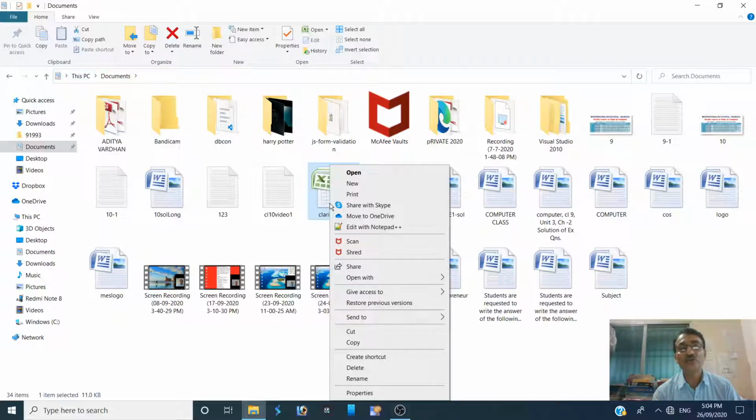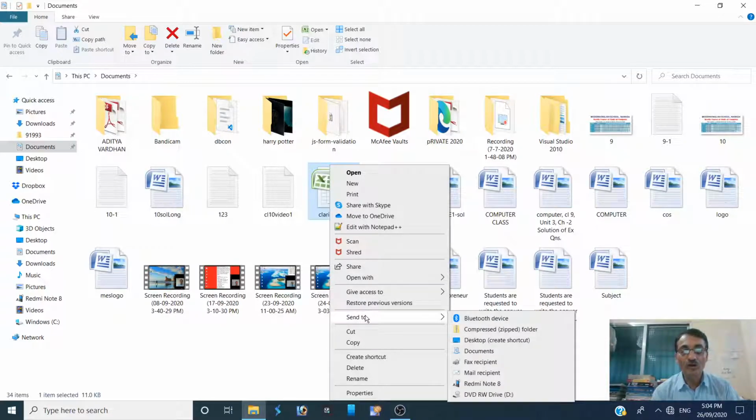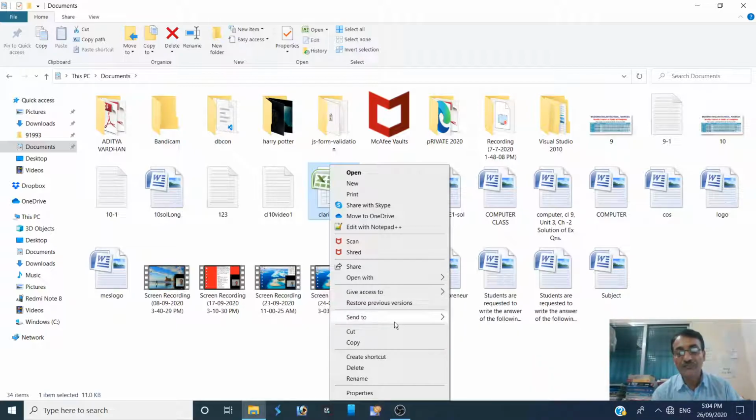As I told you in the last video, this menu is also called the shortcut menu. So right click on the file icon, and after that click on Send to, and an adjacent menu will appear.